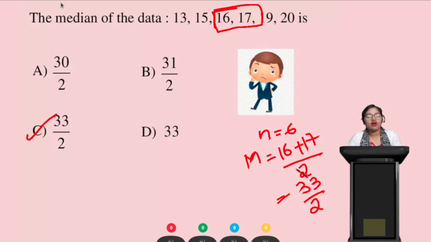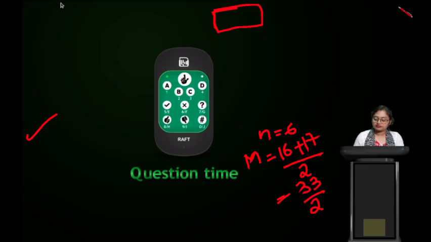So here 33 is an odd number and 2 is an even number. So division is not possible. So option C is the correct answer here. That is 33/2 is the answer. Then,